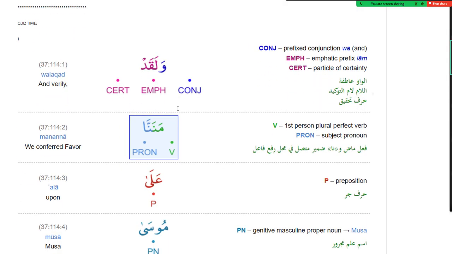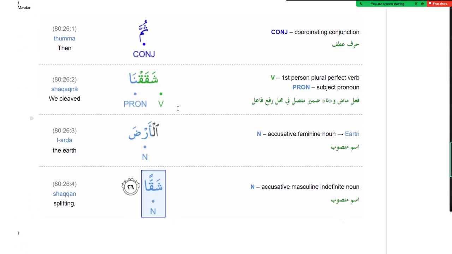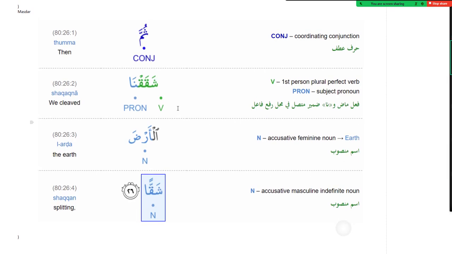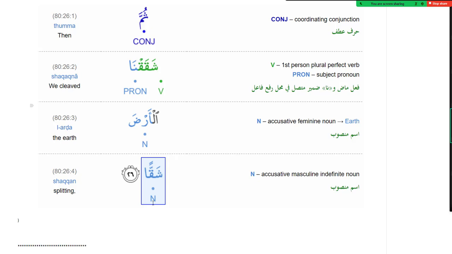And then we have, this is a quiz. Because what is maf'ul mutlaq? Maf'ul mutlaq comes from the same root letters as the fi'l, right? So the root letters for the fi'l are sheen, qaf, and qaf, and also this also has the same root letters. Masdar, you tell me what is masdar. You already did. It's a verbal noun, right? It comes from a fi'l. It's without the action and without the doer. It's just the action, right? That is masdar. Remember? So you don't have a doer, you don't have a time in that.